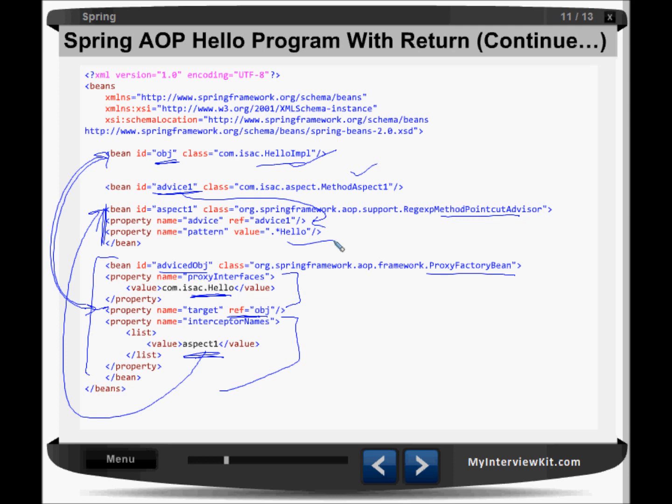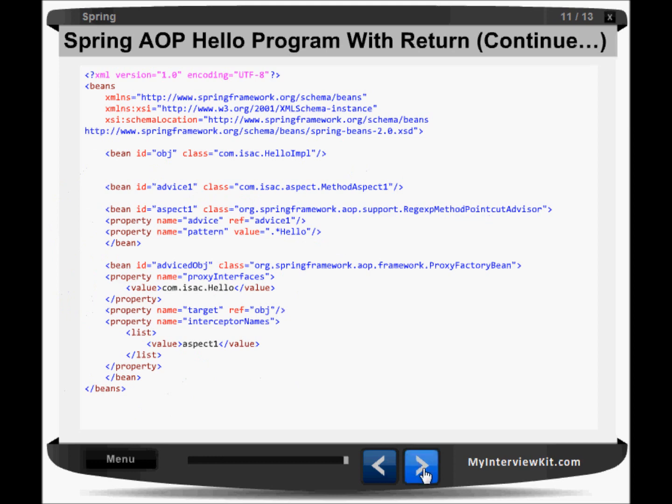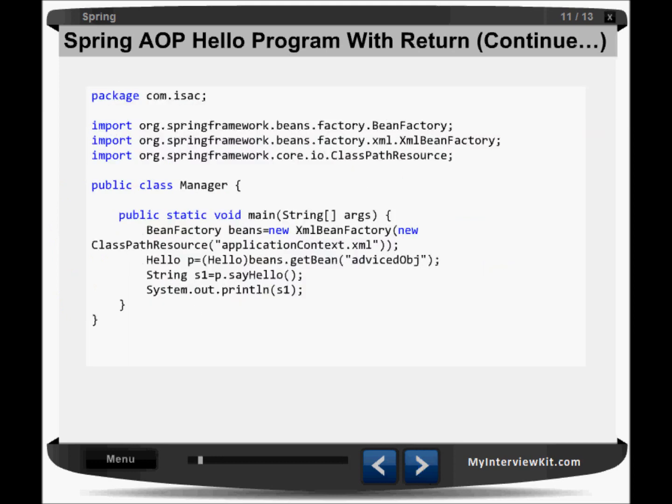So you can see this here. This time, there are no changes from the previous example. It's almost the same, we just have a return type. So again we are looking for adviceObj. Okay, that interface. So we are getting a Hello p object, right? It is pointing to the HelloImpl, and then we are calling p.sayHello. Once we call this method, this is returning a string, right? So we are storing it into a string and then printing, right? That is the only change from the previous example here.